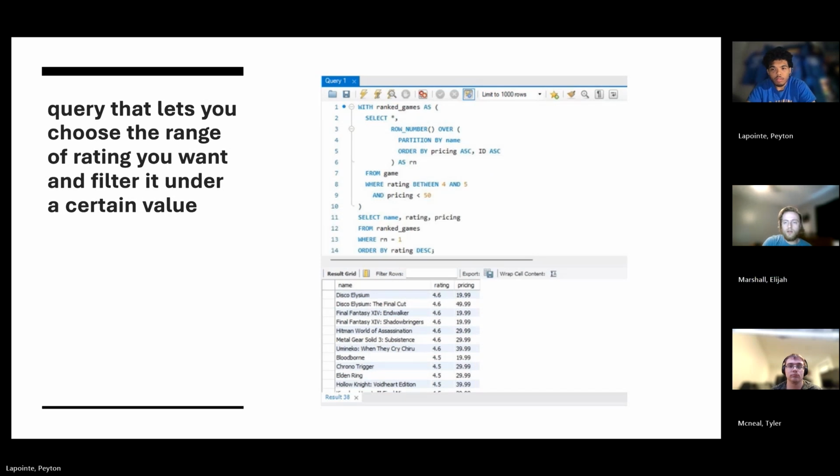Okay, and one of the more complex queries we had is the query that lets you choose the range of rating you want and filter it under a certain price value. I don't know about you, but I like playing a fun, lasting game or a diverse game, but also not having to spend $60. So this one lets you input a